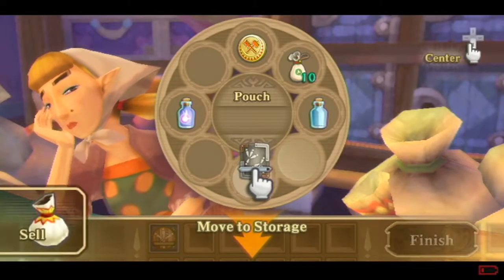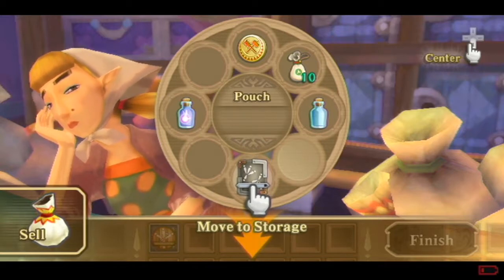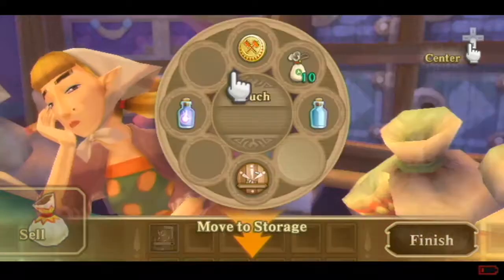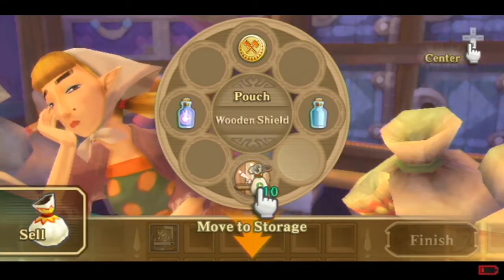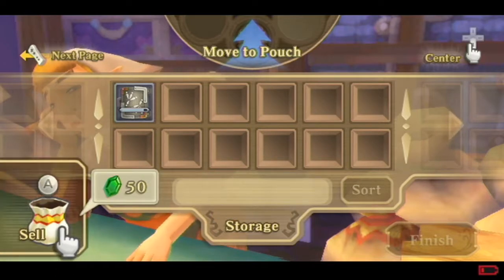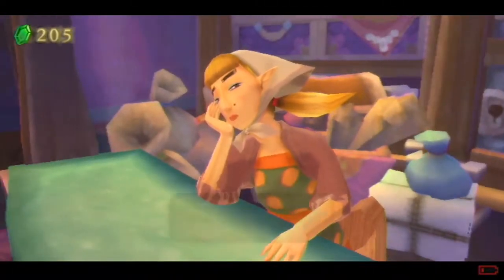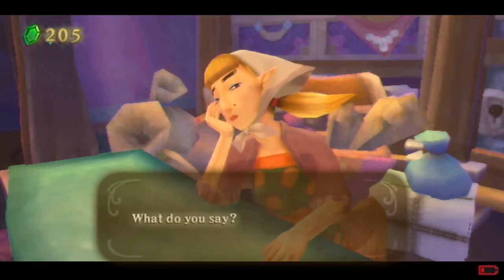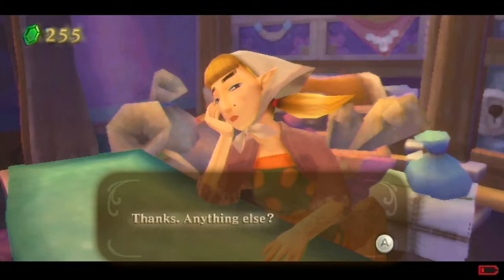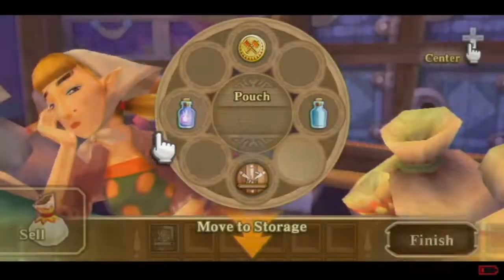So, trust me on this one, you do not want a form of the iron shield on you when you go to Lanayru. You want your wooden shield back. Also going to put the small seed satchel away because... Oh, I can sell it, okay. 50 rupees, wow. I'm definitely going to sell that. I will never have a need for it,